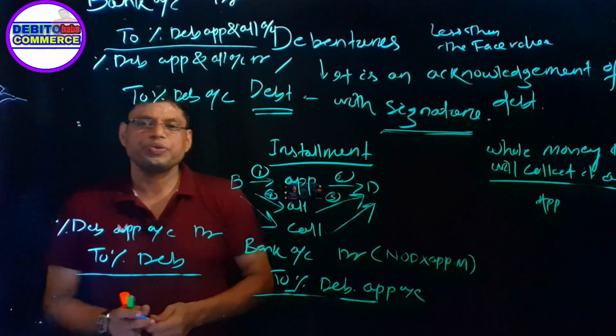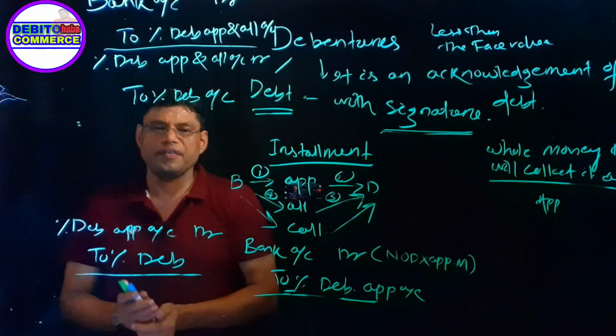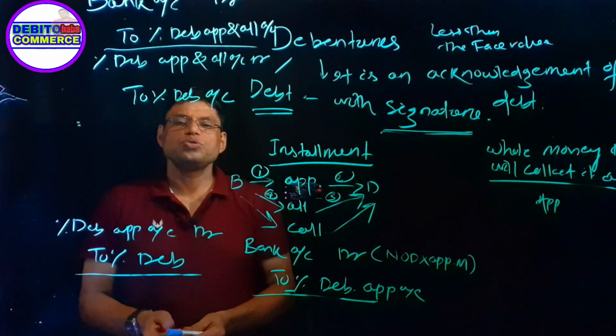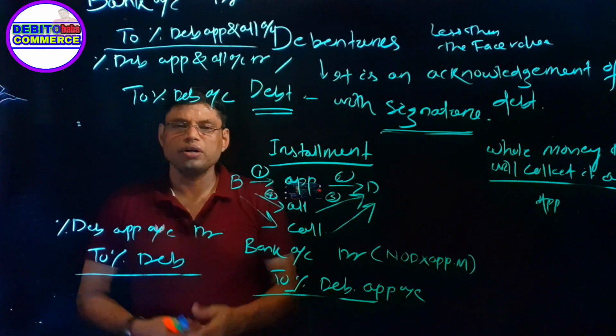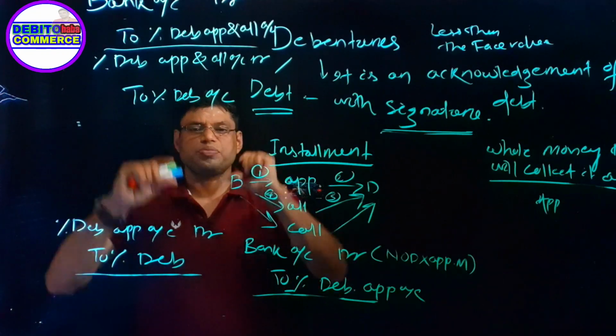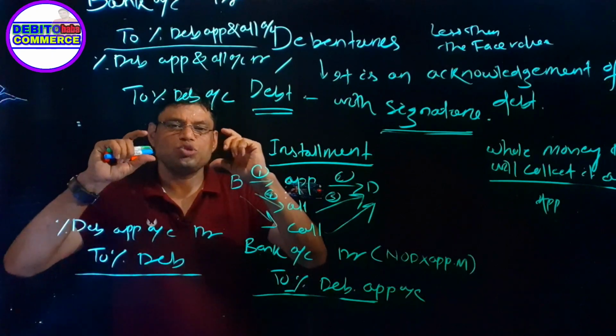Now the next entry depends on whether, at the time of issue of debentures, they are issuing at a discount, at a premium, or at par; then you have to think of that. But before going to that, we have to think of one important statement. I told you, we have to go for one statement. That particular statement is very important for the understanding of debentures. In each and every question, you will find that particular statement. So what is the statement? Just have a look at that.